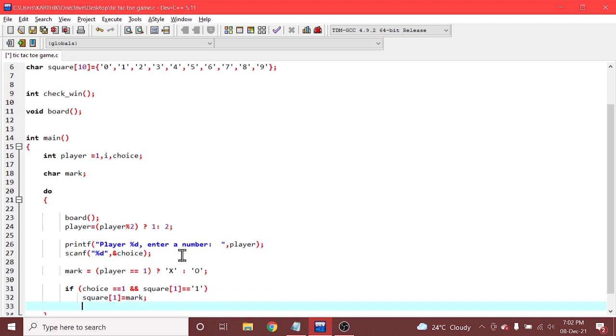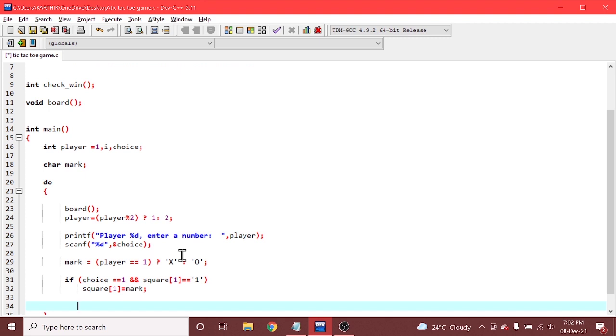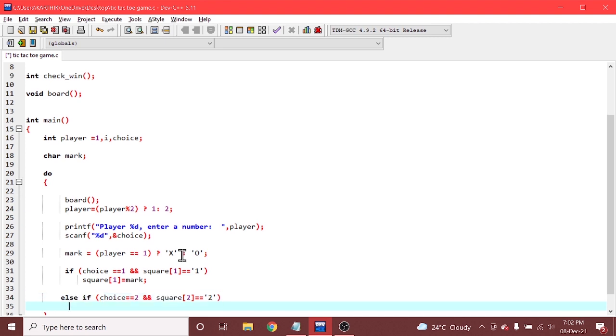Okay, we are assigning the mark to square of 1. And next we are using else if statements. Choice is equal to 2 and square of 2 is equal to 2, and we are saying here square of 2 is equal to mark.